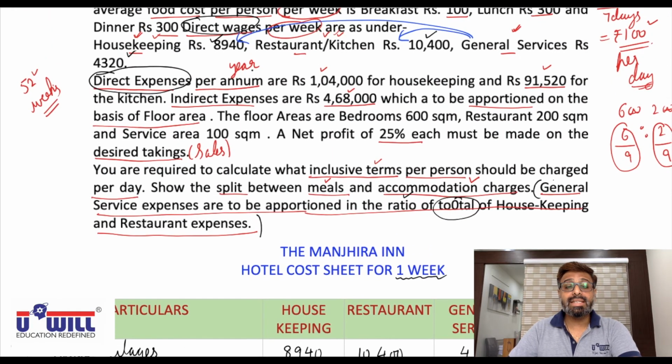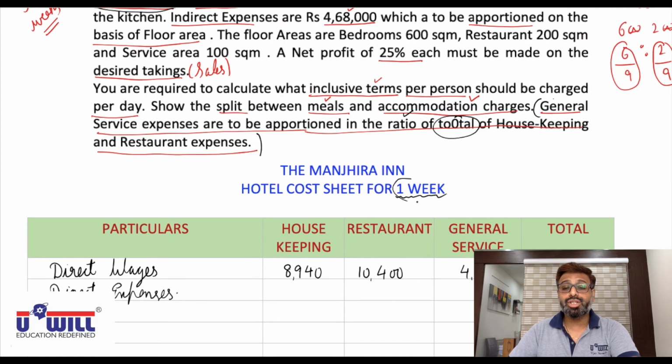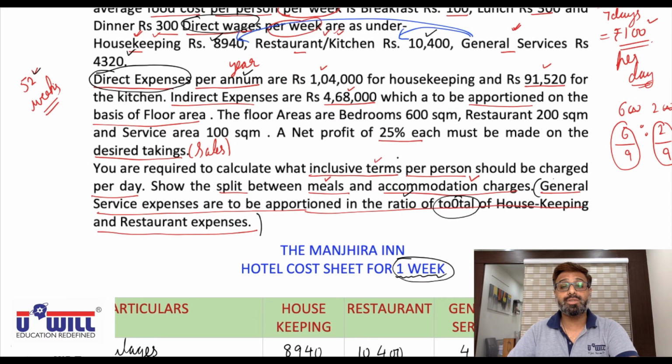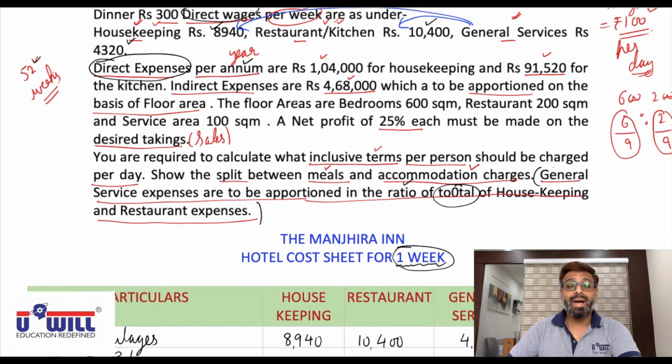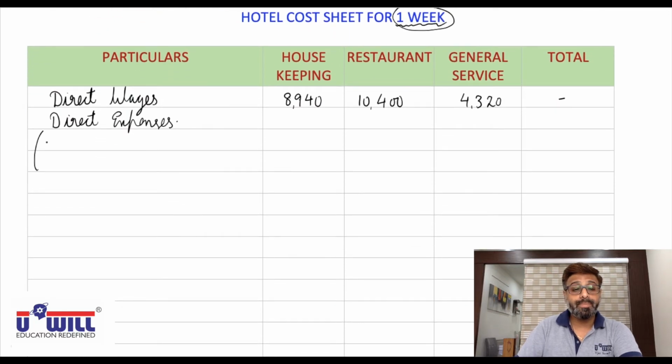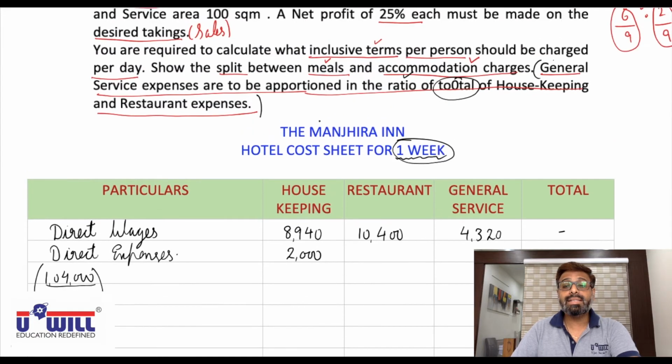Now direct expenses are given per annum, so we discussed we will divide it by 52 to get per week cost. Since we are making the cost sheet for 1 week, we require all the costs for 1 week only. So 1,04,000 divided by 52. What will be the cost per week? 2,000 for housekeeping. And same way,